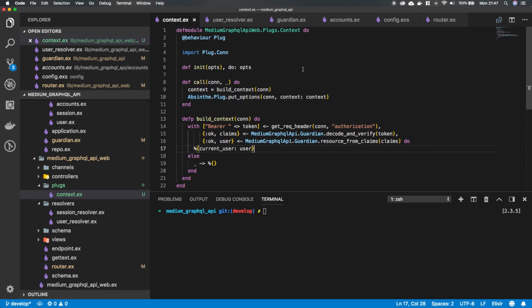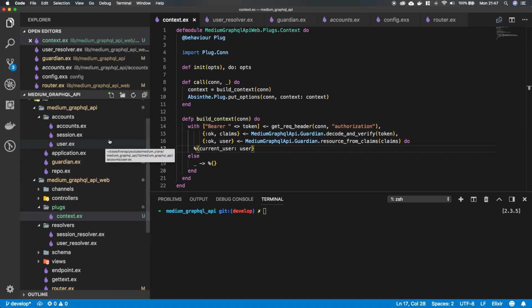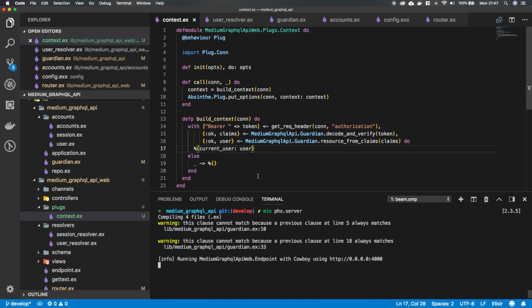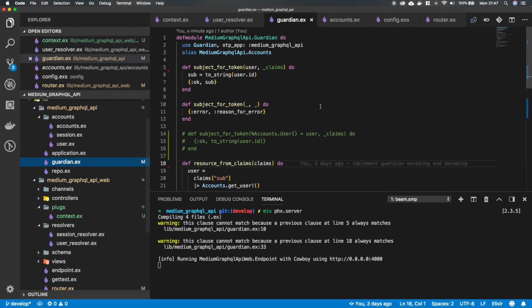And then the last thing that I want to do, and you might have noticed that we jumped a bit in time, is we want to fix some things in our Guardian file. Because if I run my server now, mix phoenix.server, we should get a warning. Yeah. We get two warnings that this clause cannot match because a previous clause at line 5 always matches. So if we take a look at our Guardian module,